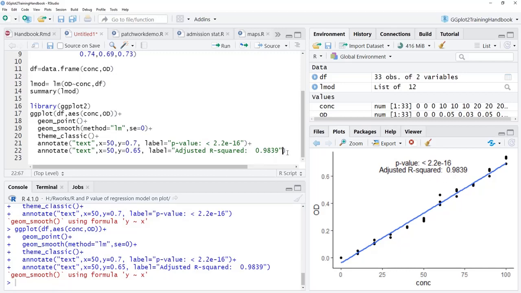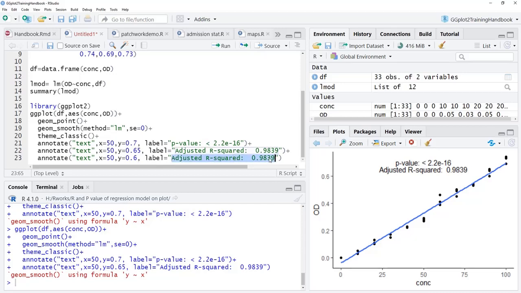Now we have to add the equation, and for that also we'll copy this annotation layer and paste that. The y value I will change to 0.6, and the label I will have is the equation.